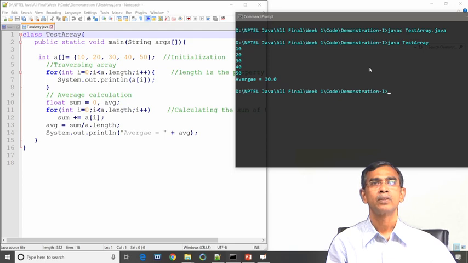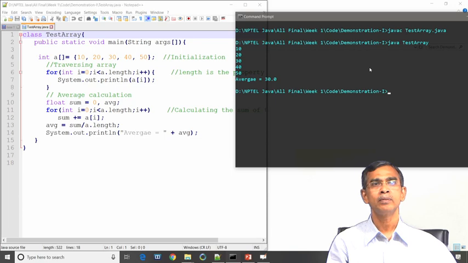Here you see the first few lines, 10, 20, 30, 40, 50, are the outcome of the first for loop. It displays all the elements stored there, and the next for loop calculates the sum of all the elements stored in the array, and finally calculates the average, which is printed using System.out.println, average equals 30.0 in this case.